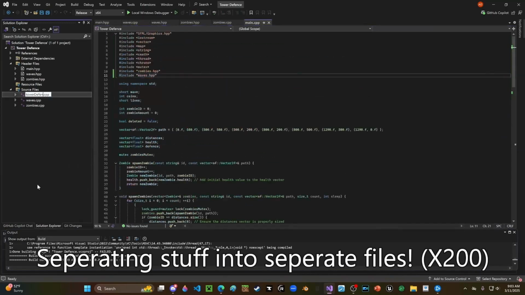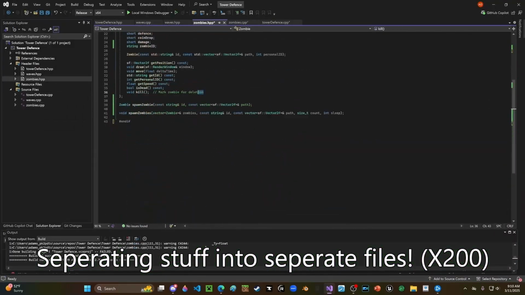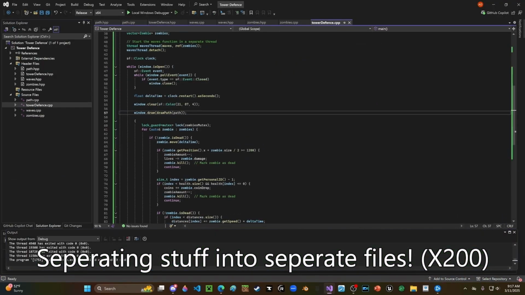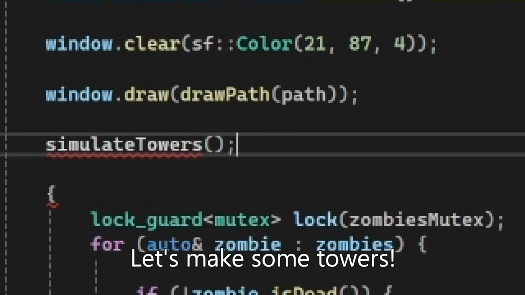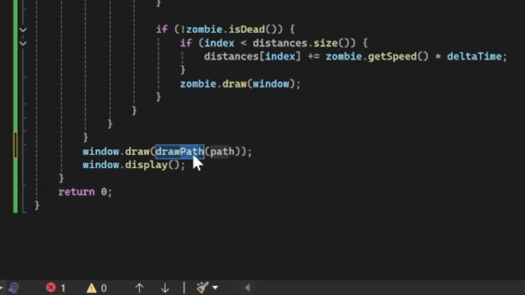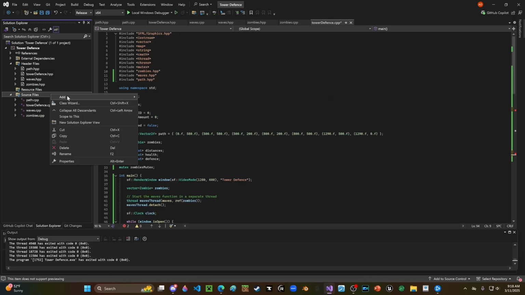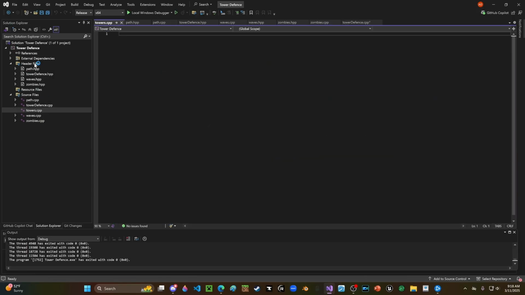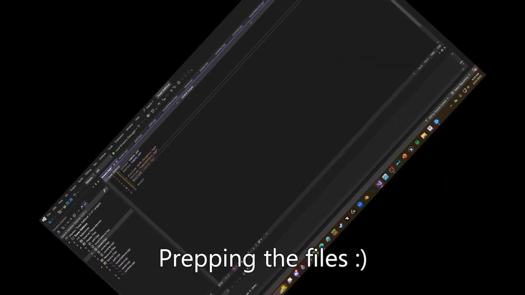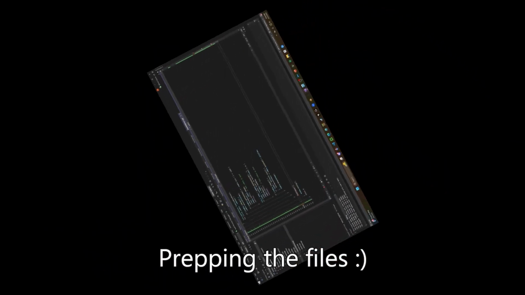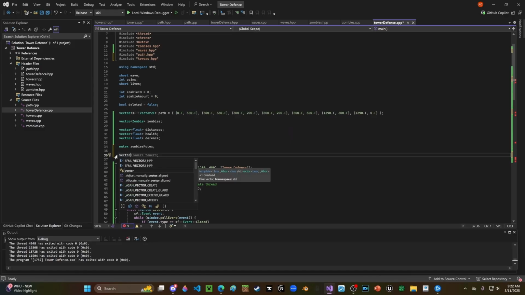And then we separated more stuff into different files like the waves and the path so that we can do some edits to the path. And then we are going to start working on the towers. Sorry, that's a little pixelated. But we're going to create some new files for the towers. And it took a while to prep them. But once we got the files working,